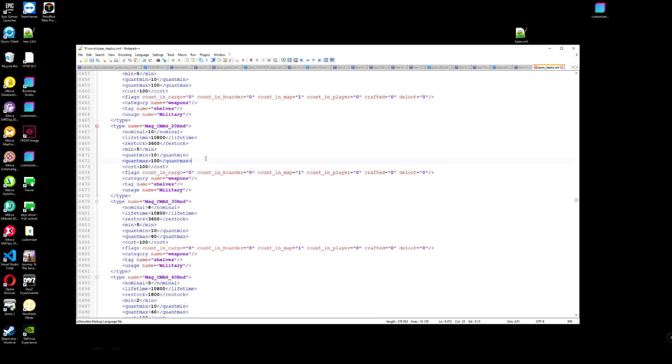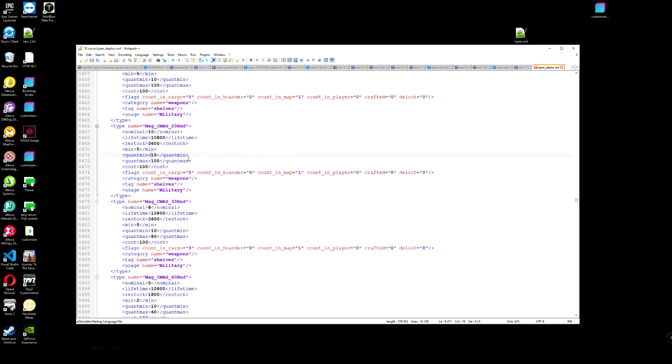For example, in this case, this is the magazine for some weapon. It has 20 rounds, so the maximum amount is 20 rounds, and these values are percentages, in this range. So when you're spawning the item, you will have a percentage of bullets inside the magazine within this range. In this case, from 10 to 100%. This is not just decimal values, these are percentages.